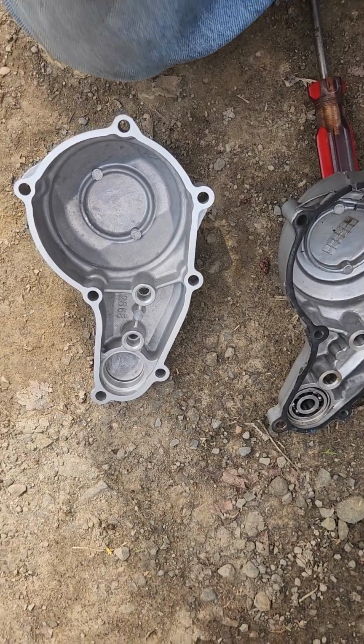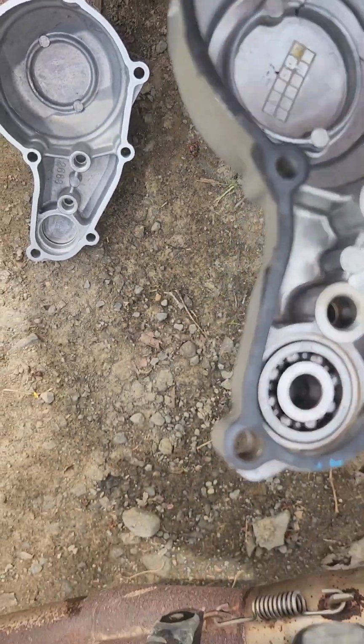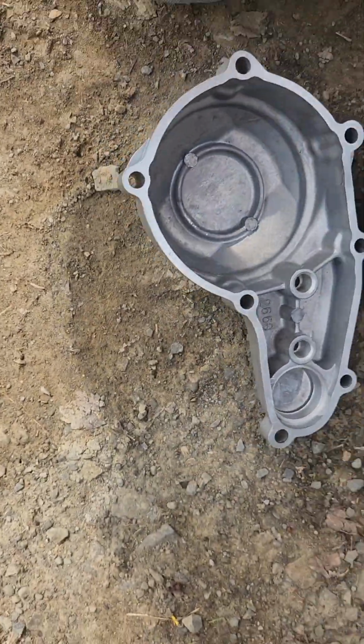Alright, guys, we're back. I got oil in the filter, but nobody could get that out of there, so I'm going to try to cut this with my cutoff wheel and relieve it. Then I'll stick it in the freezer and hopefully be able to press it in with a C-clamp on here. But I was going to put this on,